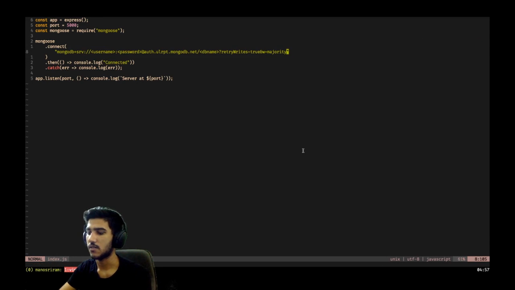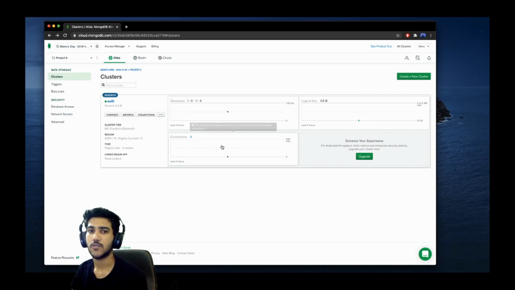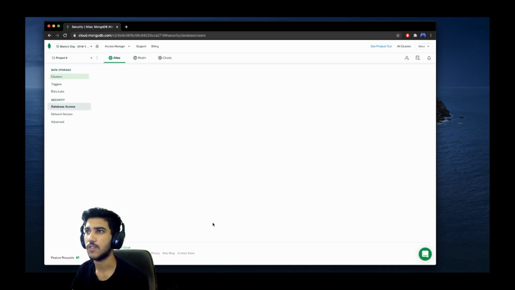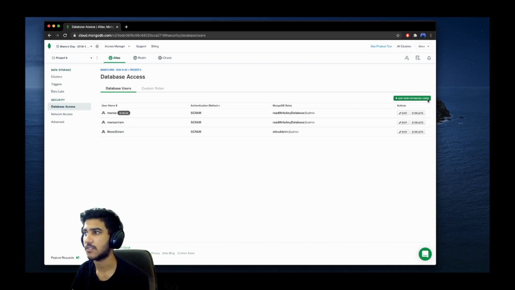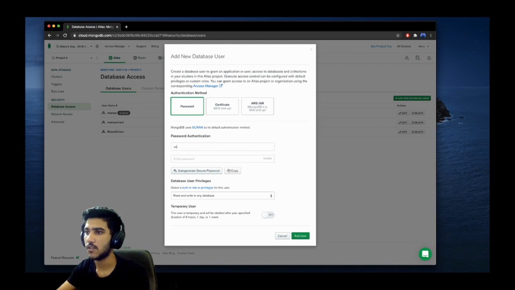Okay, so you can see here that there are two variables, username and password. We have not created that actually, so we can create the user here. In the side you can see there's a tab called database access, so we have to go into that so that we can give ourselves some access. Here you can see there's a button called add new database user, so we can click that and give a username here, let's say auth, and a password, let's say auth1234, and we can add the